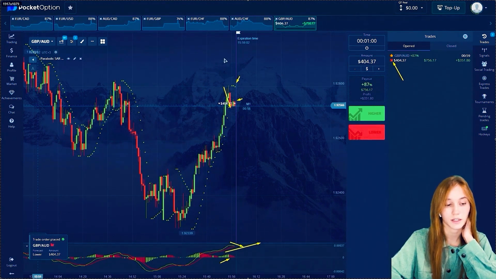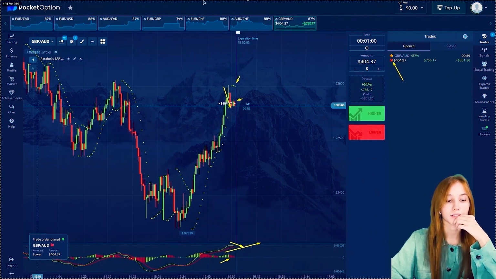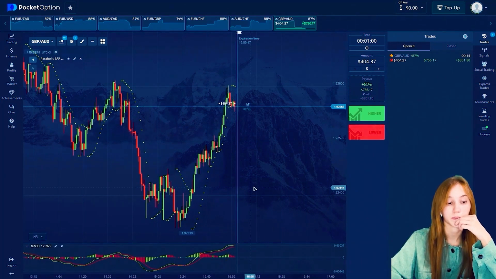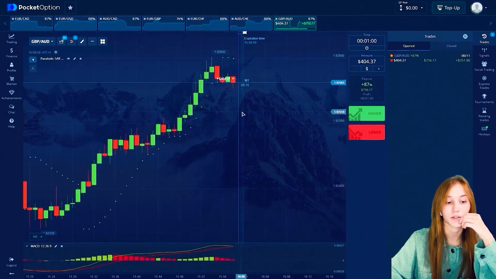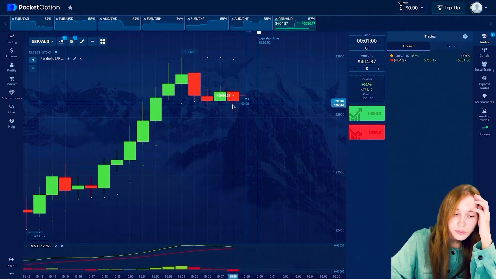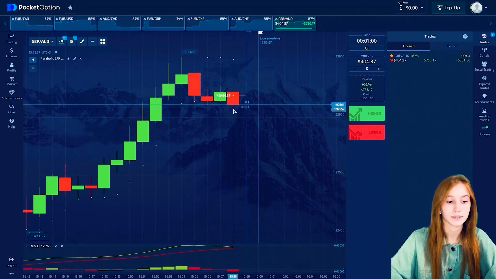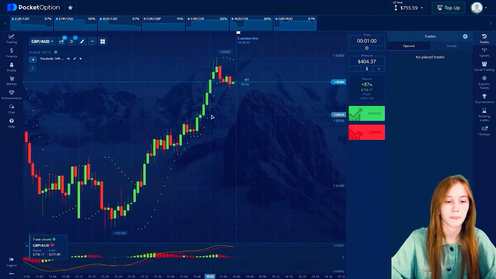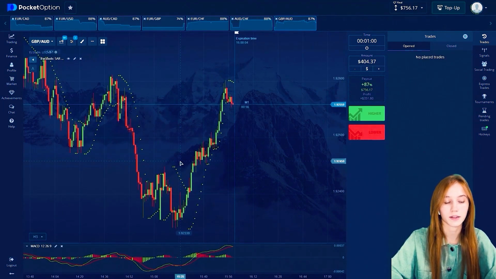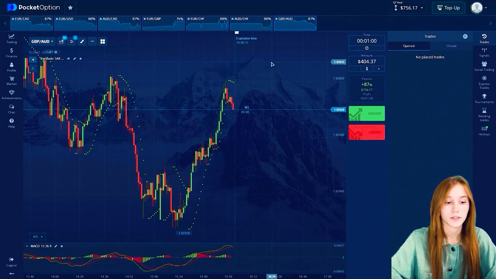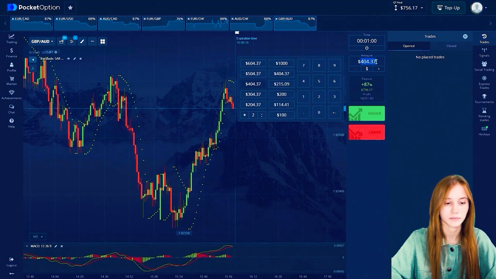So let's look at our chart. We see decreasing, it remains stable. For some reason the shadows are strongly pushed to the lower position. So 3 seconds left. And yeah, successful deal as I said. Good. 7th concept at the moment. $756 on our balance. Let's decrease our deal amount and move on